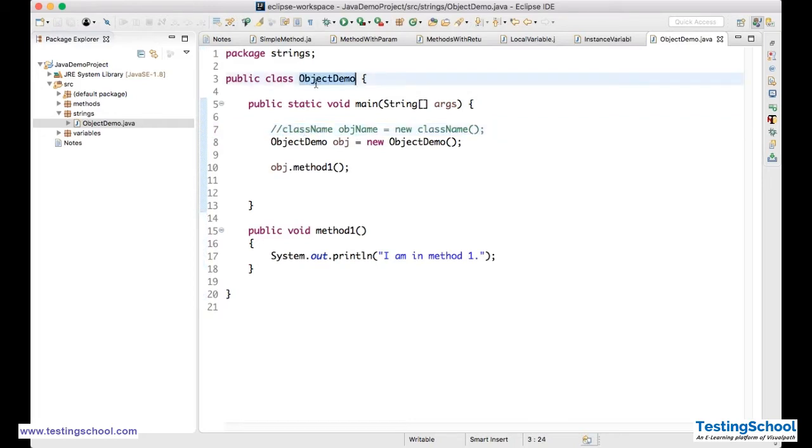Your class name is ObjectDemo. For the object name, I'm giving some dummy name, obj; whatever name you want, you can give. And then new is a keyword, you see it is coming in violet color, and then ObjectDemo. Then obj dot method1 I am calling, so I am able to print that. This is the same way.